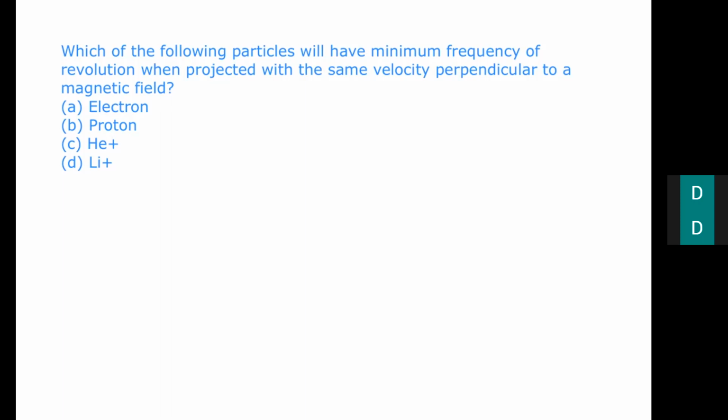This is expressed as nu equals 1 upon T. 1 upon T is equal to qB upon 2 pi m. So this is the frequency that is there. So now,